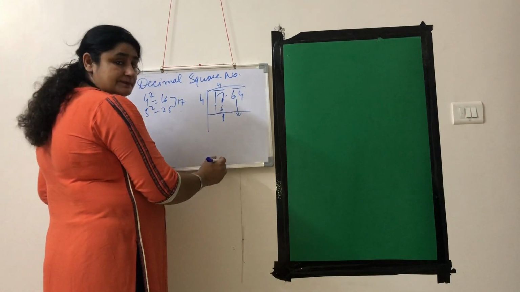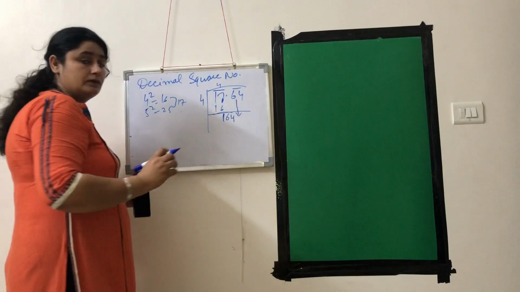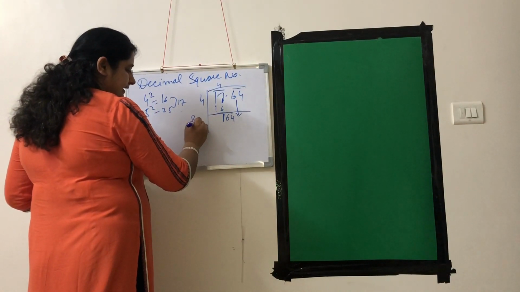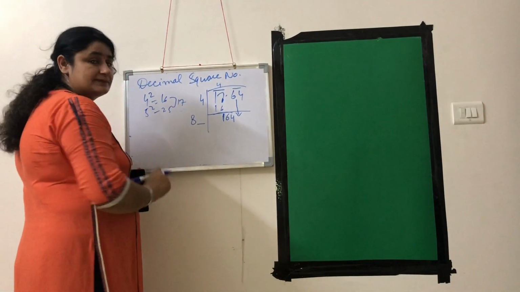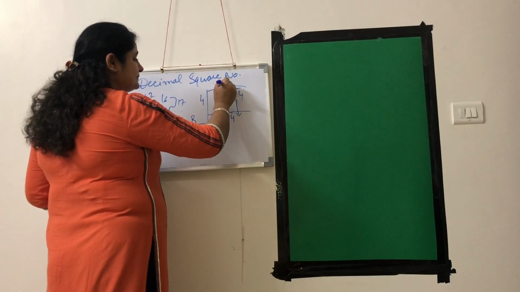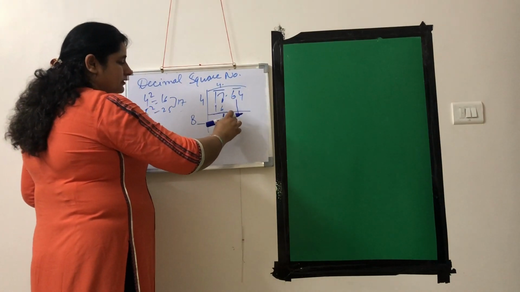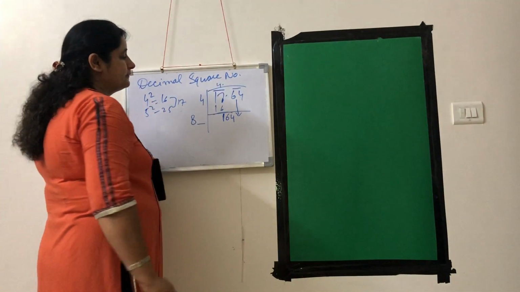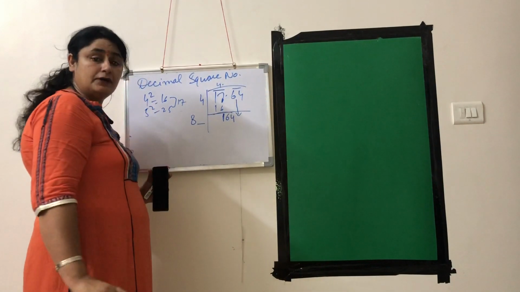So now the next step will be to take this pair down on the right side of the remainder. Now what will be the new divisor? Double the quotient, that is 8. Enter the blank sign. Before placing the ones place of the divisor, you will have to write a decimal point here, because this 64 is after the decimal, so we'll have to write the decimal point when we keep this 64 down.